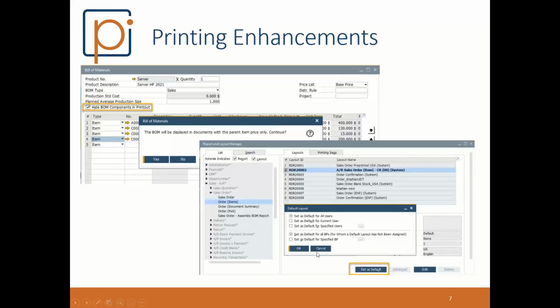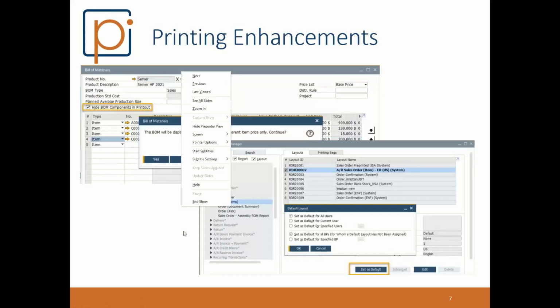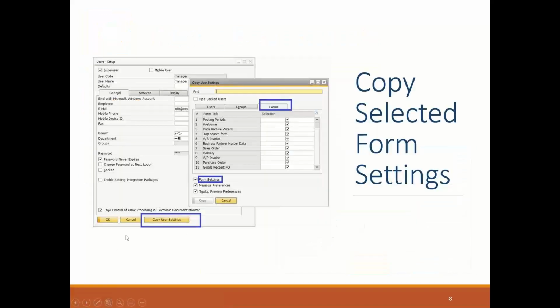And also, you are now able to set a default layout directly from the report and layout manager instead of drilling in directly to the document, let's say a sales order, and then having to navigate to the default layout window. And finally,